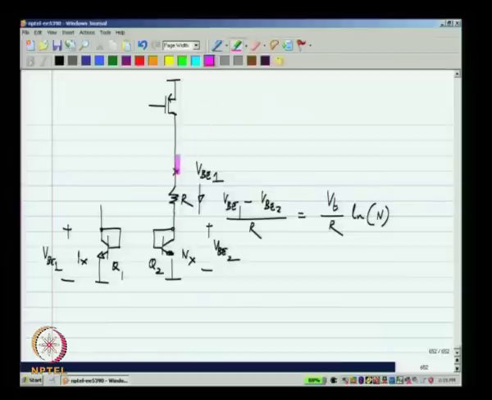So, the reason we do this is that finally, we have to be able to replicate this current as well. So, now if we have adjusted this current source by some means, meaning we have to adjust the gate voltage of this until the current in this is such that the voltage here becomes VBE1, then we can also make multiple copies of this current by copying the source gate voltage of this transistor onto other identical transistors. Okay.